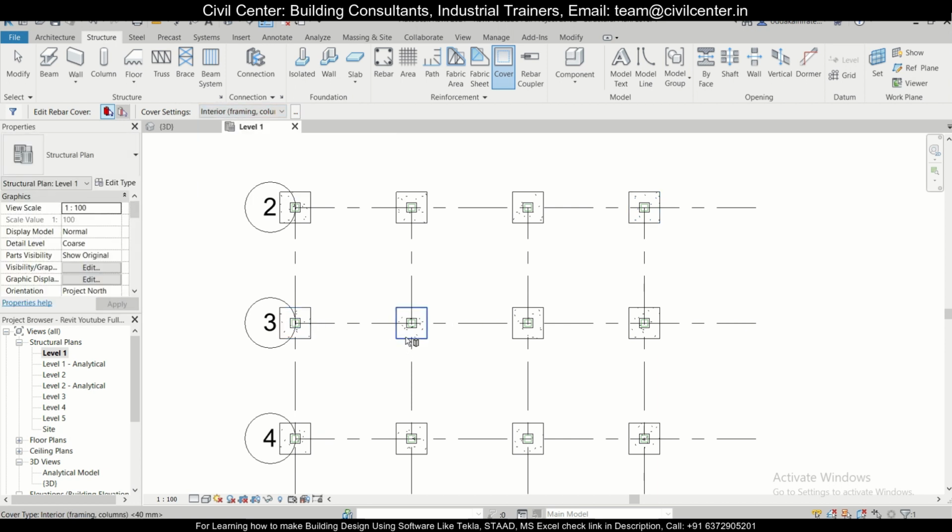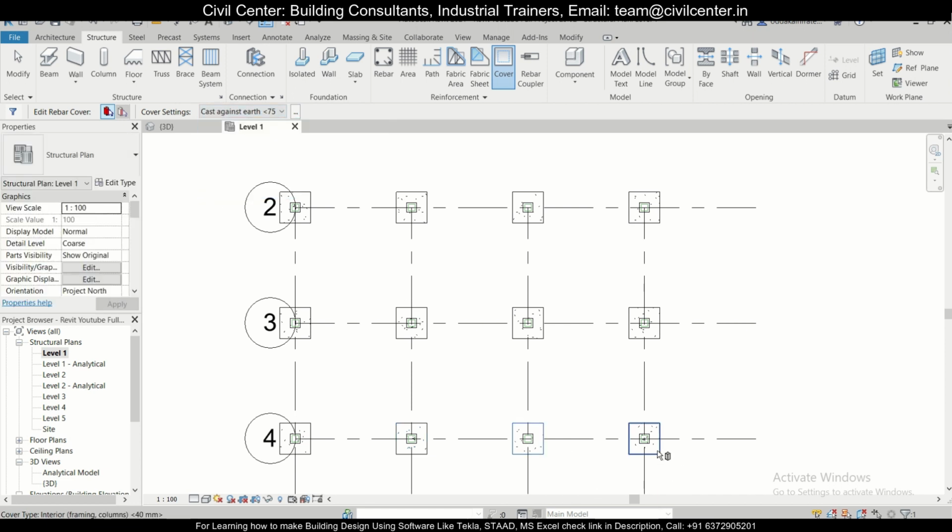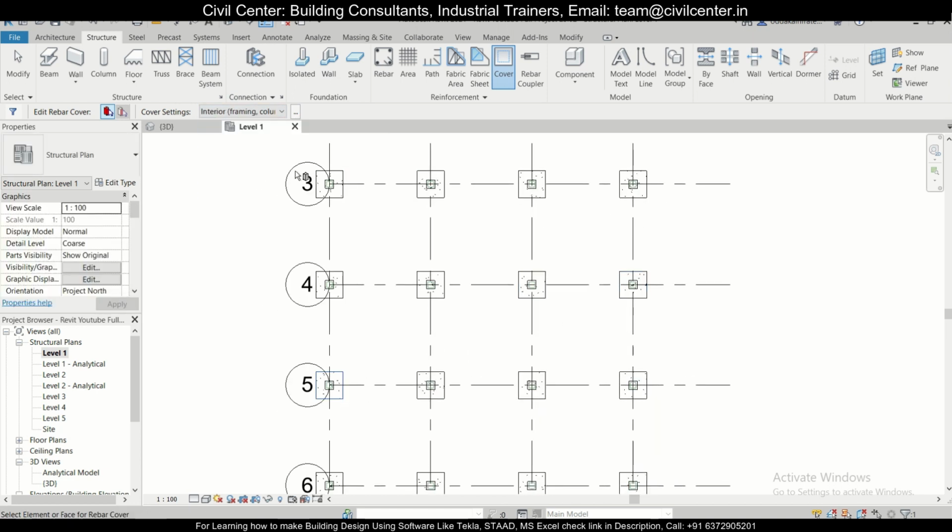We could have applied this particular setting to one footing before copying it so that we don't have to worry about it later. So when we are modeling the next time we need to take that factor into account, but for now we'll just make sure we have 75 cover for all the footings.